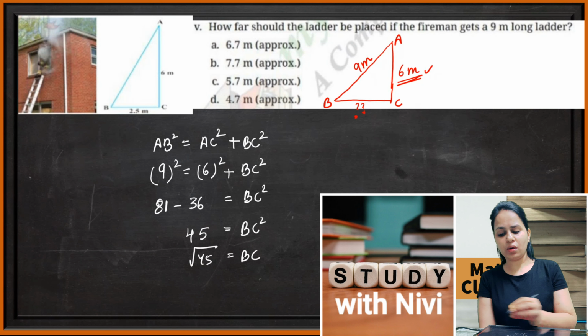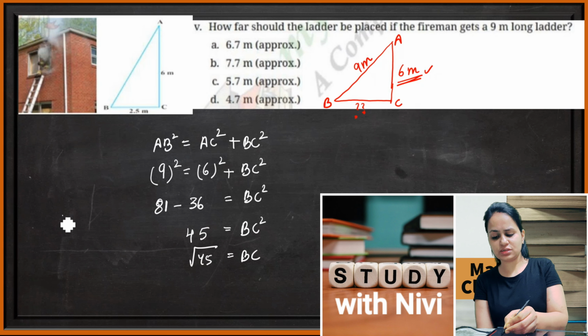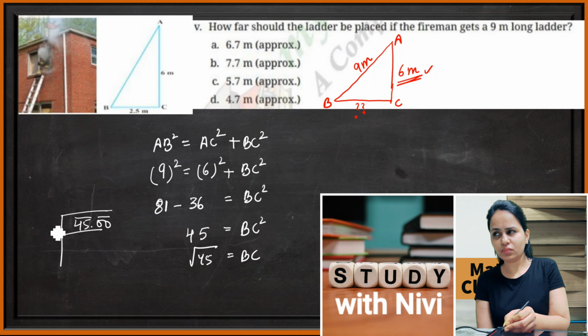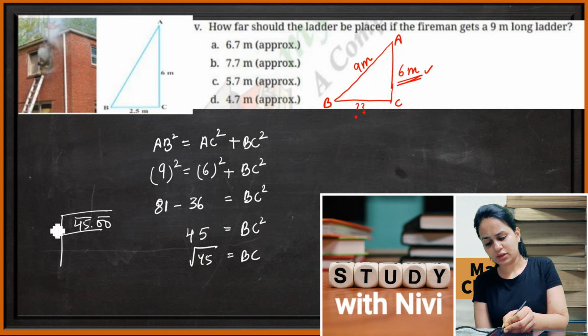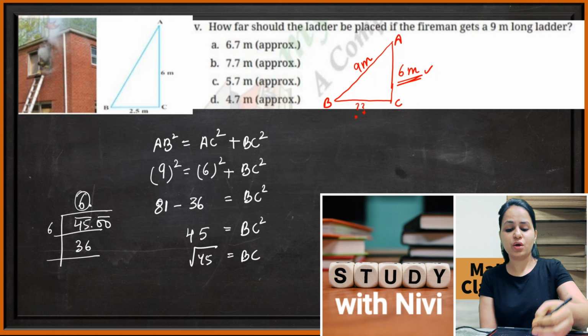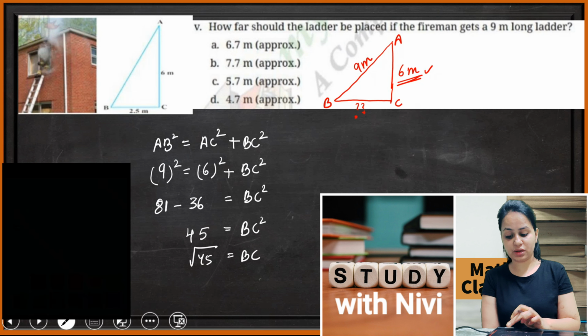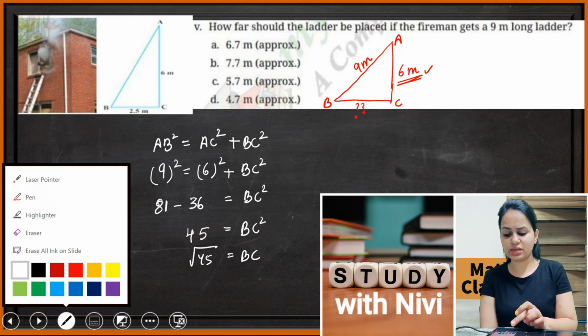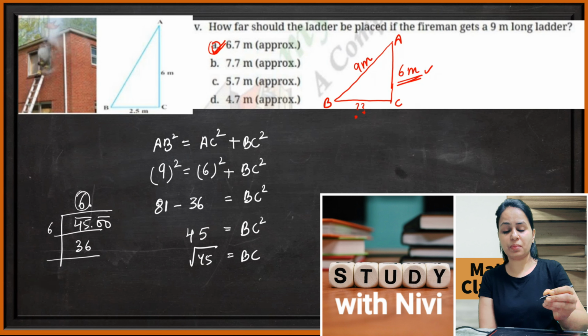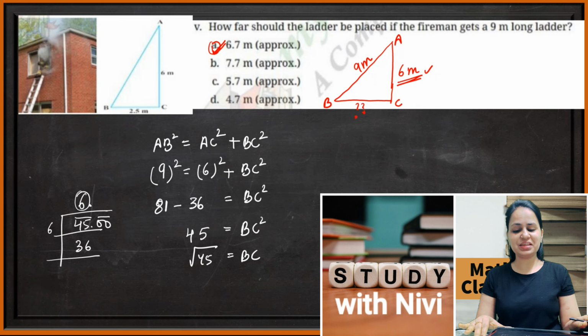Approximate value. As you have already done in previous classes, you can find square root in this way. So let's place it over here. Let's place a bar and then this, and you'll get 6 6 36. So now we have this value. You know that the first number has to be 6, which says that A is your approximate answer. Don't solve the complete answer. There was no need to find the complete decimal points. The only answer that matches over here is part number A. Okay, so this is also done.